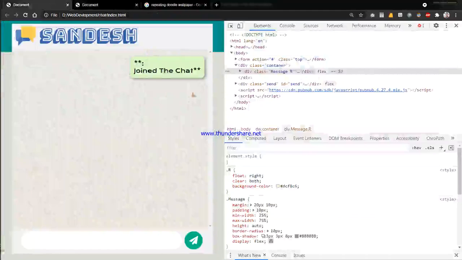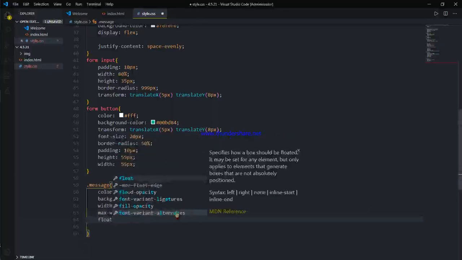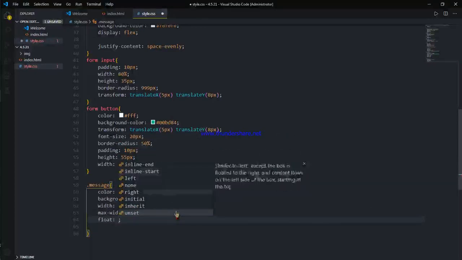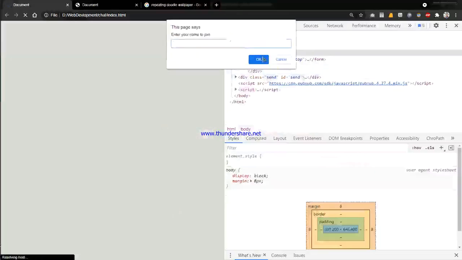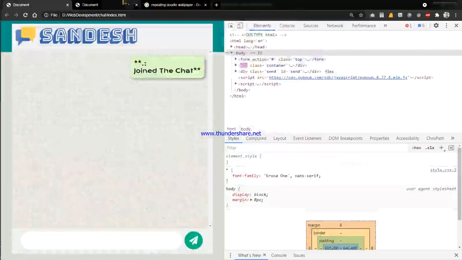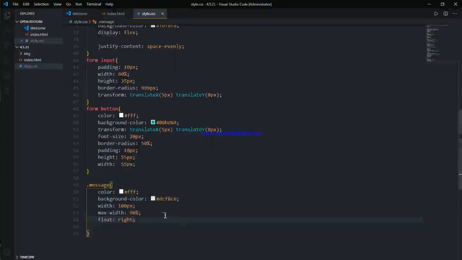Now here it is on the right side, so we will give it a float right. Restart this. It's on the right side now.